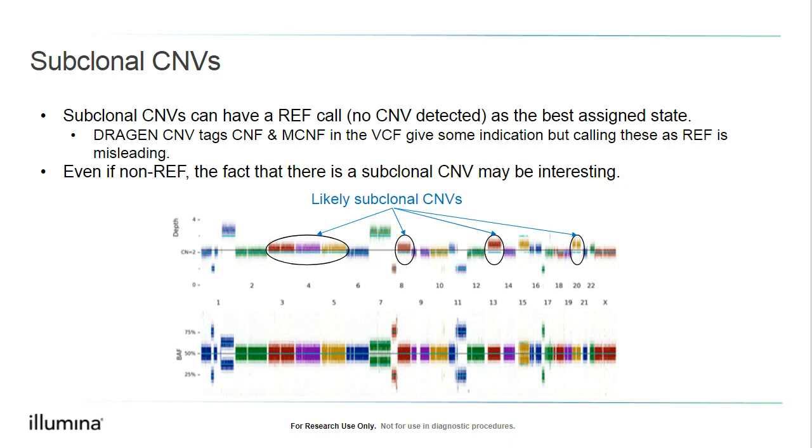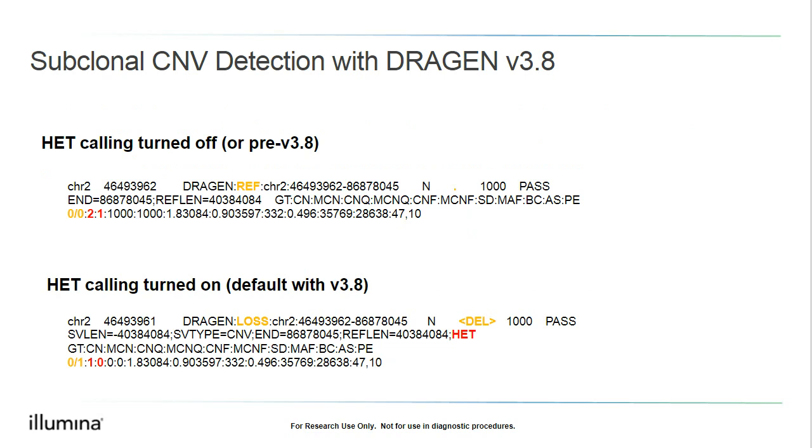So we have introduced a feature within our CNV calling, which we call haplotype-based calling, which I will show in the next slide. And these are what help us to call some of these subclonal CNV events. As I was saying, there is a feature that is built into 3.8 where what we refer to as haplotype-based calling. So if you have this feature turned off or you were in a